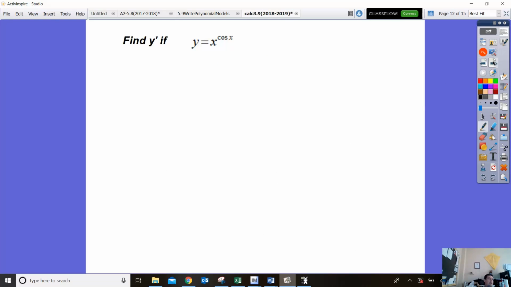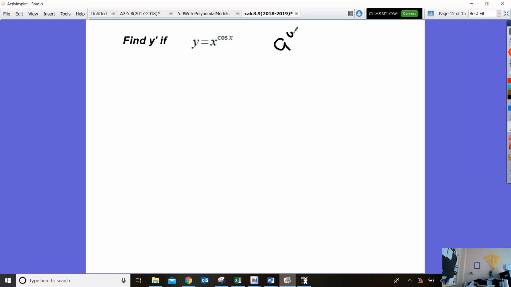All right, find y prime if y is equal to x raised to the cosine of x. This is a more typical problem. When you see this one, you ought to be thinking about a to the u. This is a to the u. Any issues with that? What is the derivative with respect to x of a to the u? There is a little bit of a chain rule involved in this one, because you're also going to take the derivative of